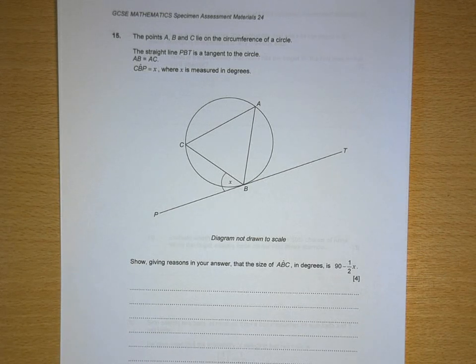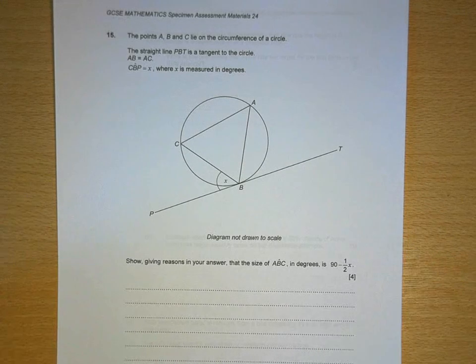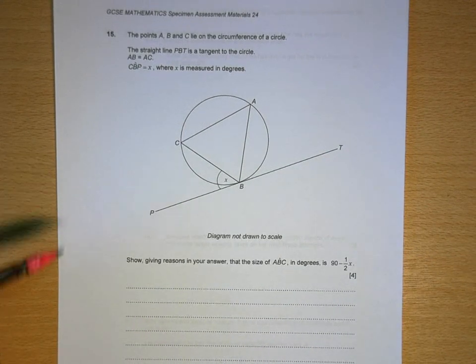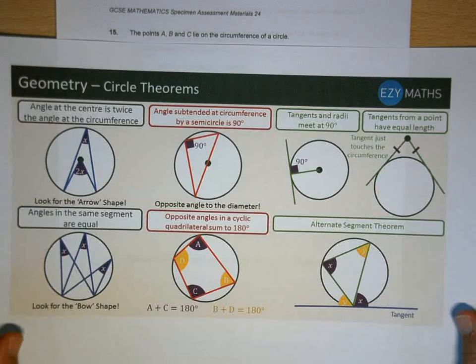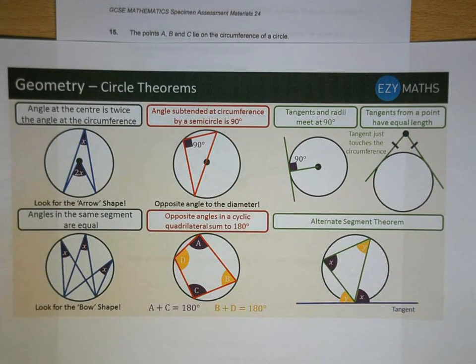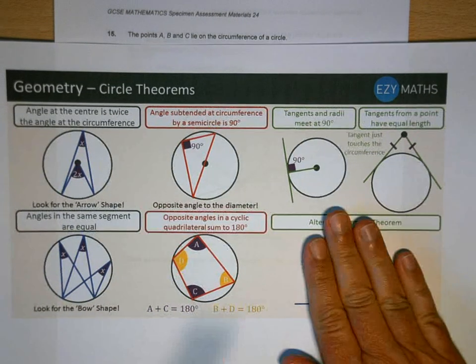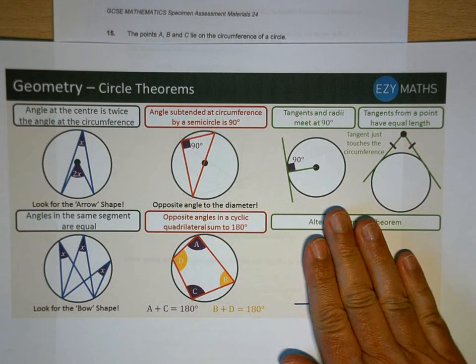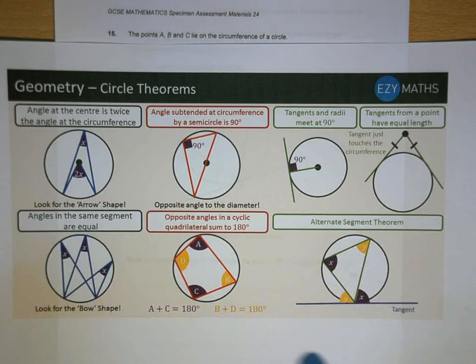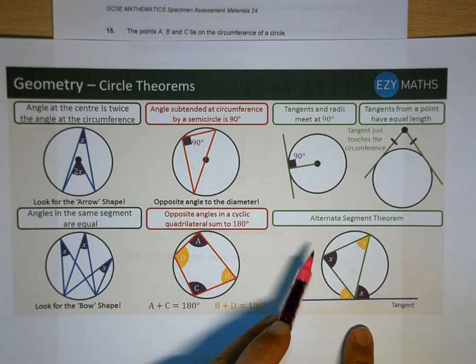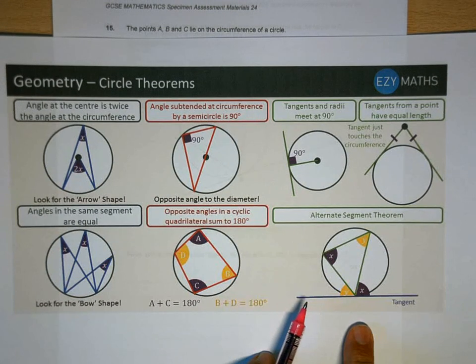Okay, so with this question 15 that you needed a bit of support with, it's a circle theorem question, and just to remind you of the circle theorems, with the exception of that one, those are all on intermediate tier, so you will have covered those at intermediate tier. The one that takes you into higher tier is this one called the alternate segment theorem, and it's the